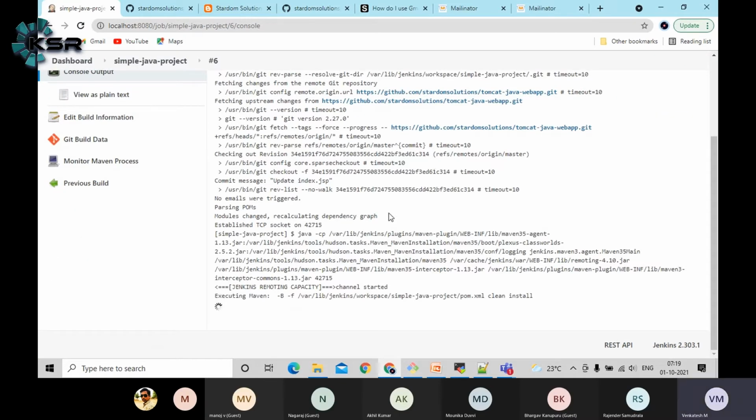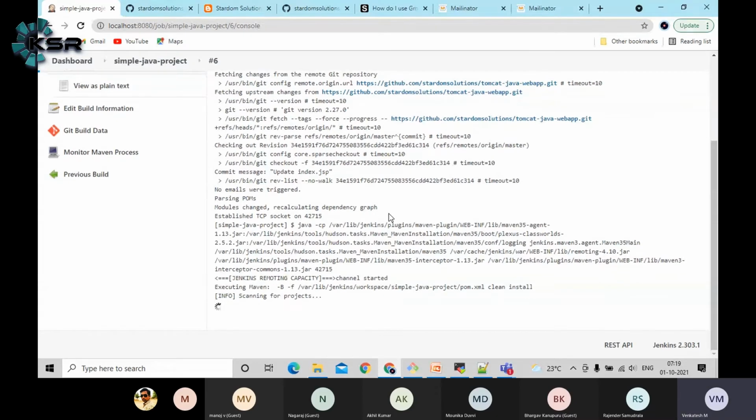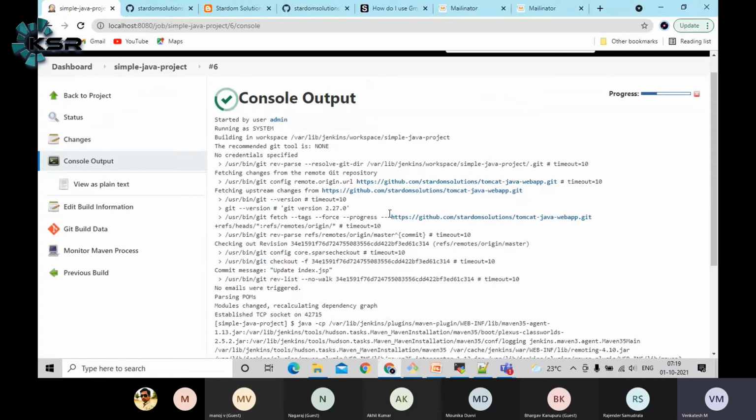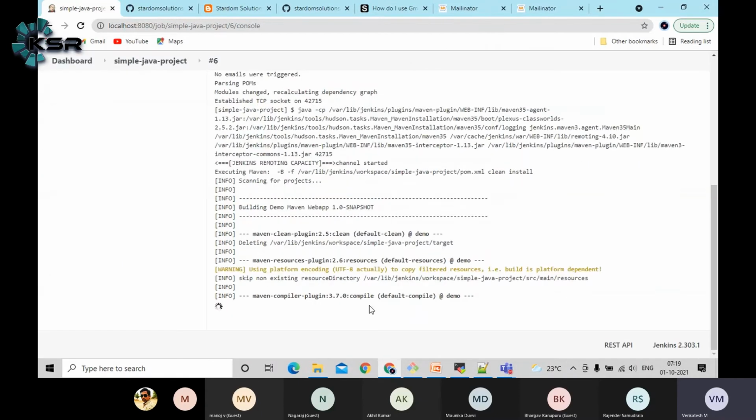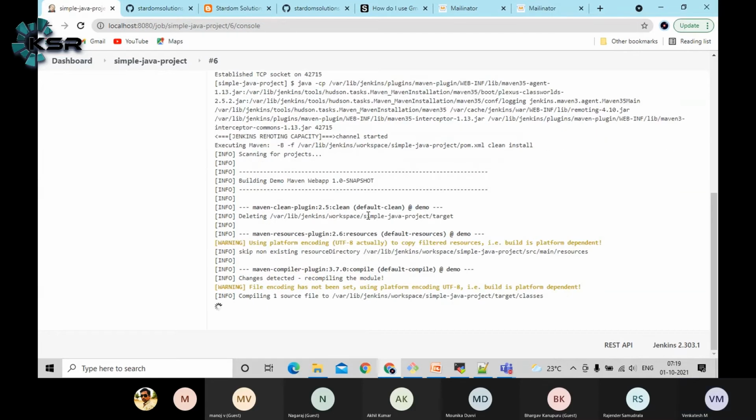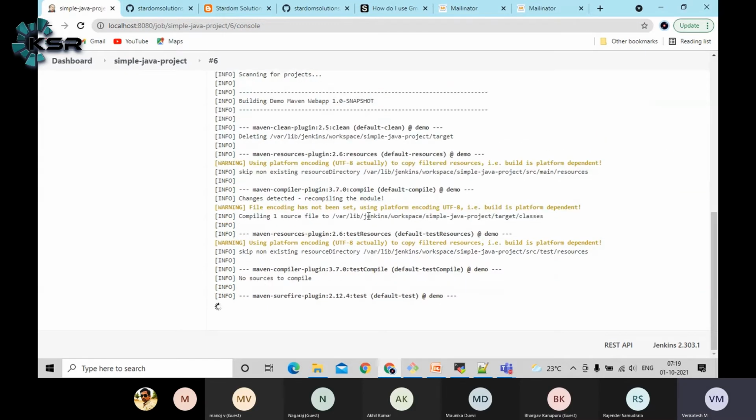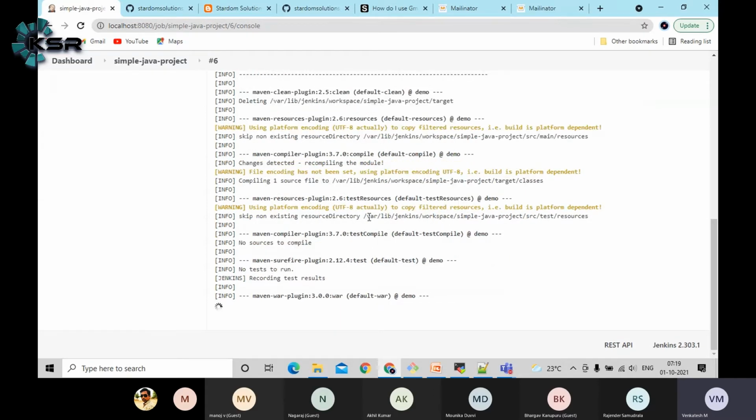Okay, guys. So what all is it going to do here? The Jenkins job will just clone the code and run Maven. That means it will try to compile the code, and finally it will create a demo.war file. That's what it will do. And based upon success or failure, it's going to trigger an email now. That feature I have added newly to this particular Jenkins job, guys.